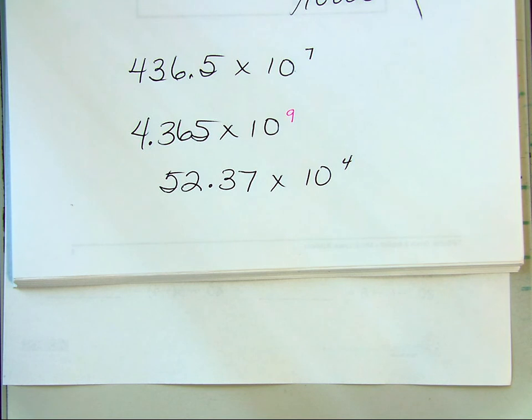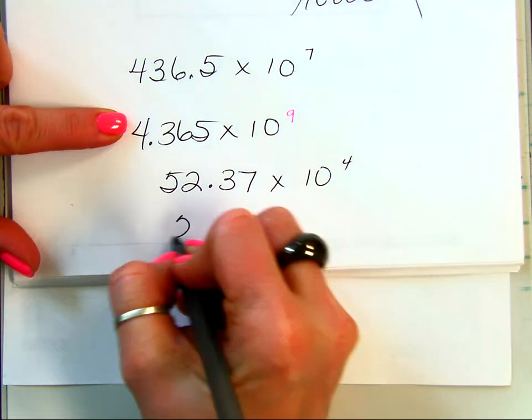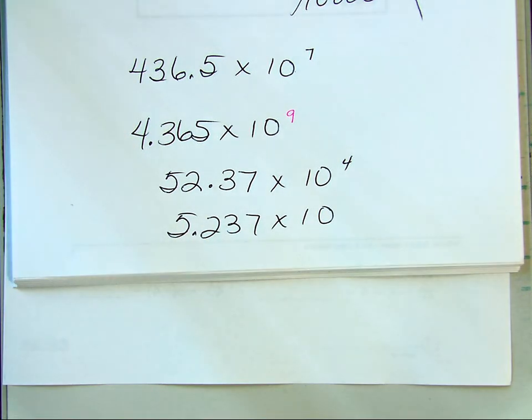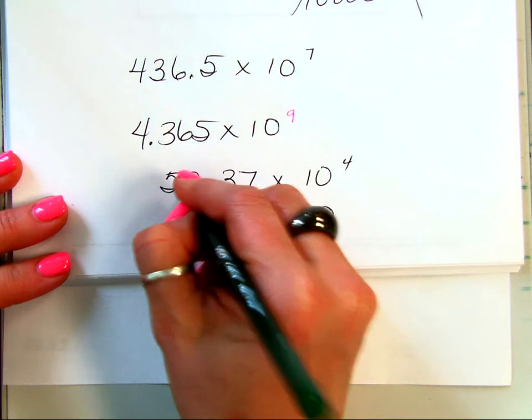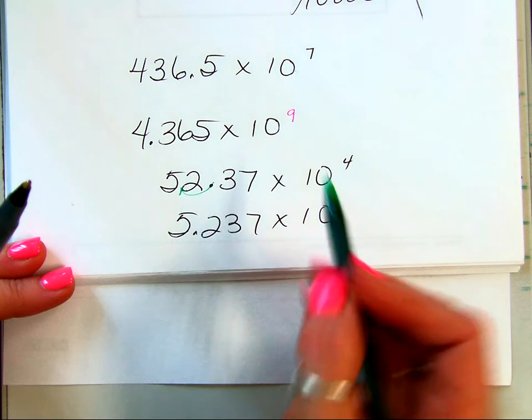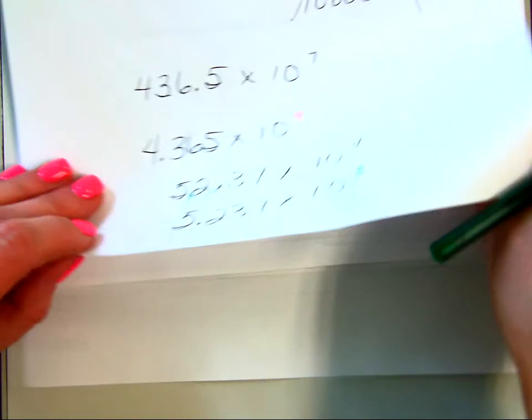Make that into the correct scientific notation, meaning I need it to be 5.237. So you got to think about what would you turn that 4 into. You only got to make it change by 1 because I only moved this decimal by 1. But is it a 3 or a 5? Yes. You made it one smaller, so make this one bigger, okay? So common sense is going to tell me that now for this problem,